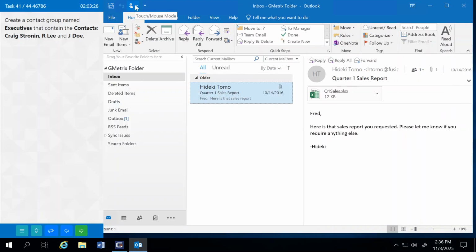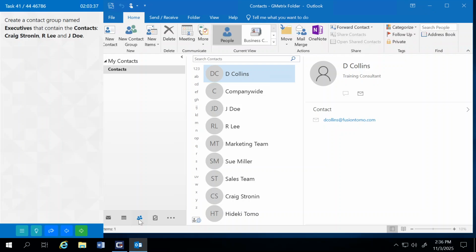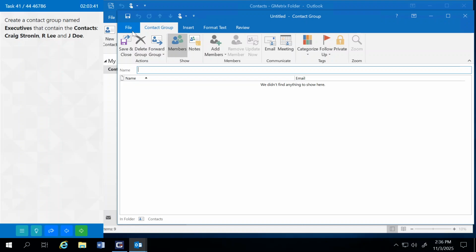Create a contact group named Executives that contains the contacts Craig Stronin, R. Lee, and J. Doe. I'm going to go over to my People view and on my Home tab select New Contact Group. The name is Executives. Then on my Contact Group tab I'm going to select the Add Members drop-down and select